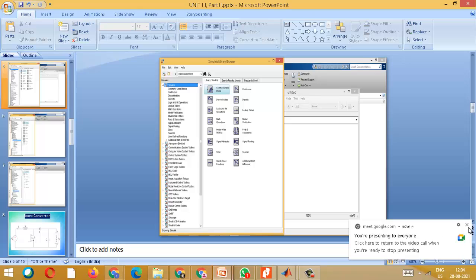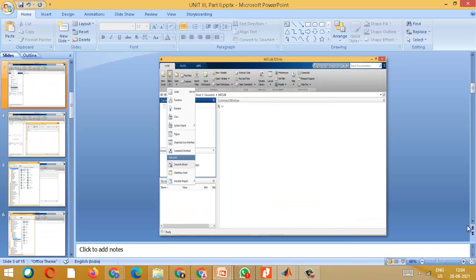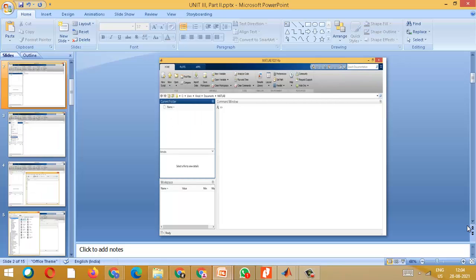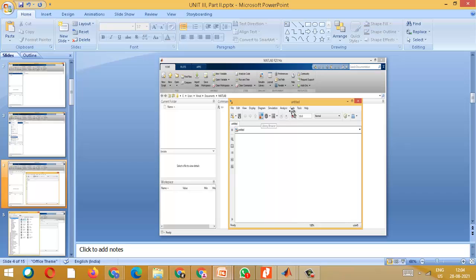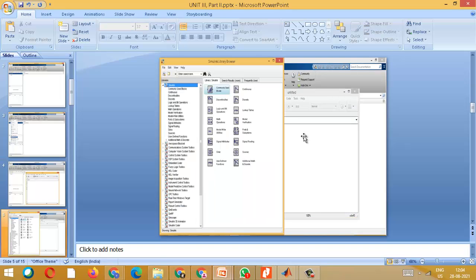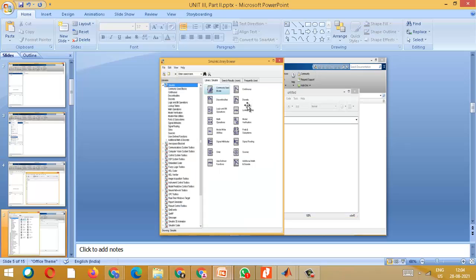So I think now you can see the screen. I will just repeat it. When you are opening your MATLAB, this will be the screen that pops up. In that you have to go to New. In that New you have to go to Simulink model. So here is the Simulink model. When you click it, a screen will pop up. Initially the screen will be untitled. You can save it with whatever name you want. In this there is a library browser. When you click on this library browser, this will be the screen popping out.